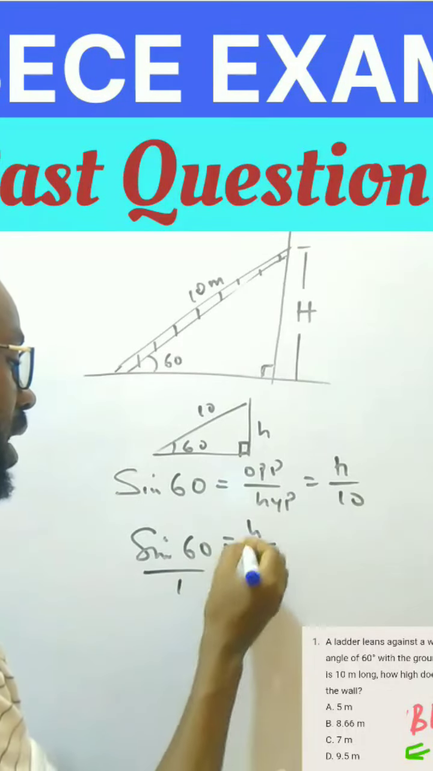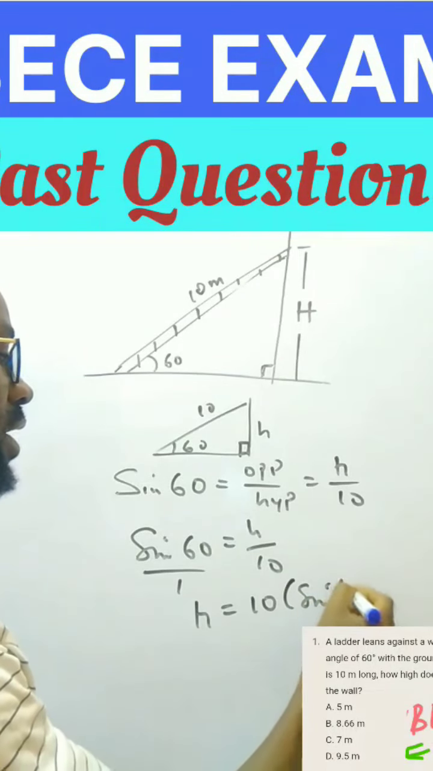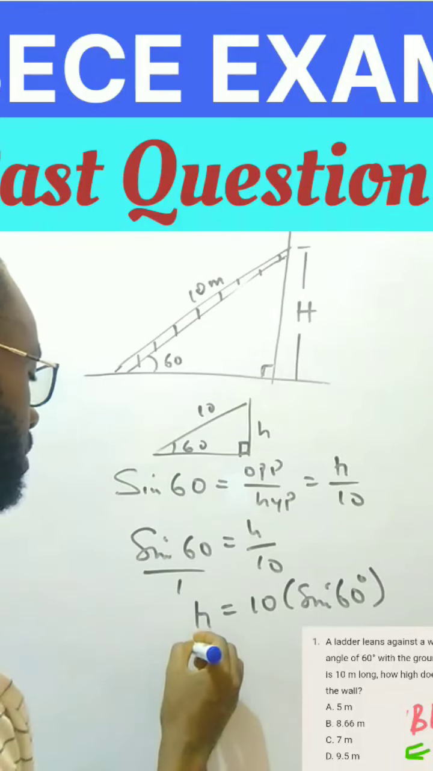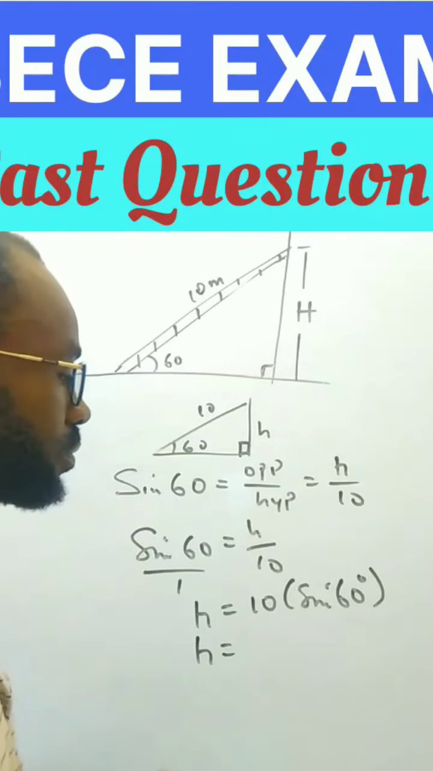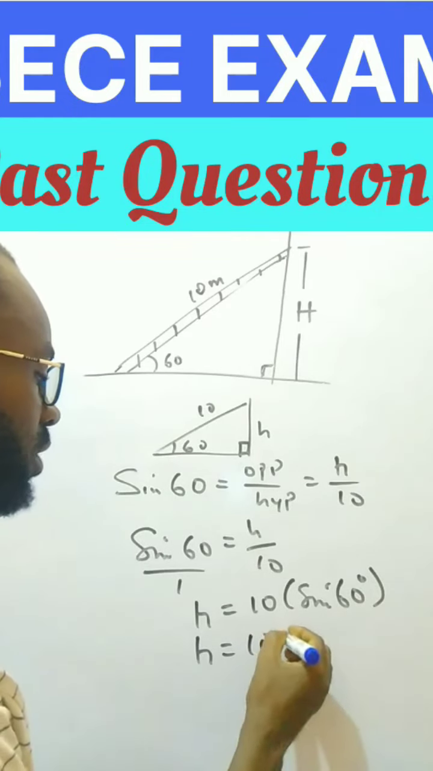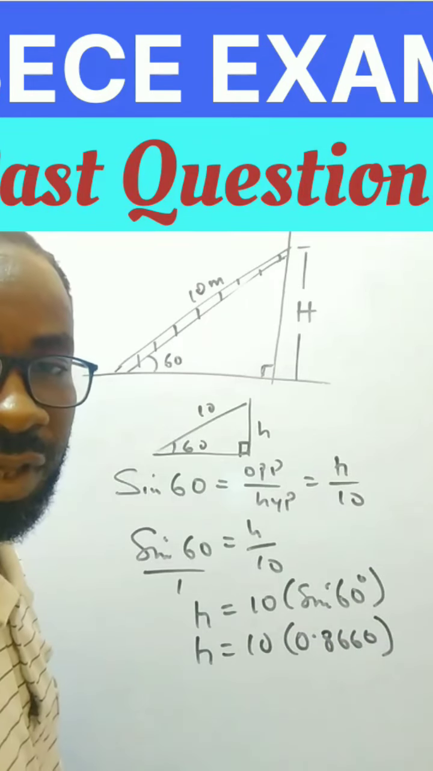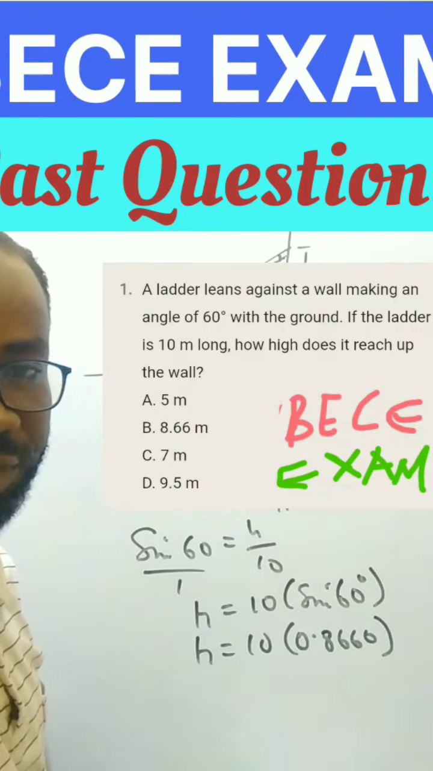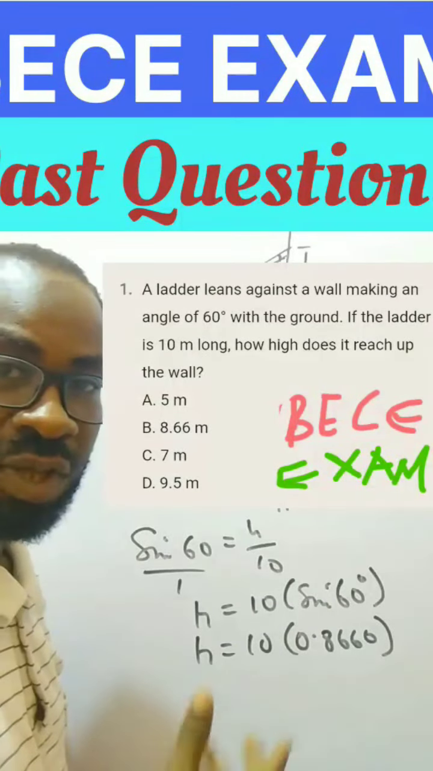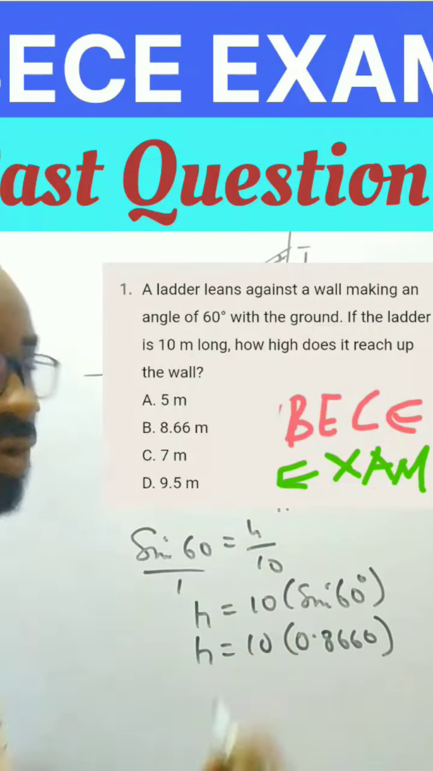By the time we cross multiply, this will give us that h is equal to 10 times sine 60 degrees. Can you see that? So let's go now. If we go to our table to get our sine 60 degrees, from our table we are going to get 0.8660. Now if you check the options given to us, they are all in decimal, so that's why we have to check the table. If the answer was in short form, we would have used the short form to solve it. Okay, but we are going to the table because the options